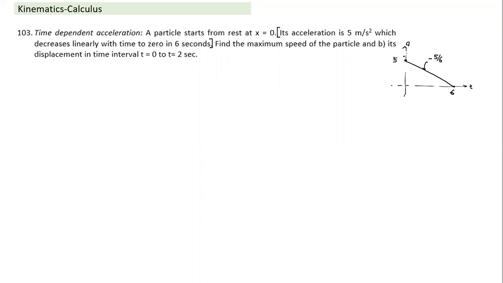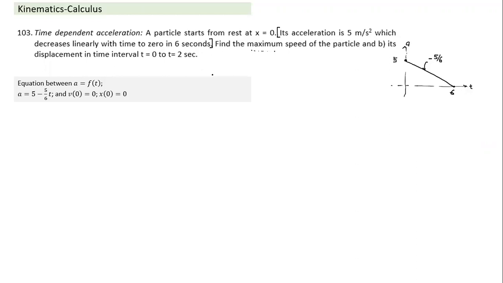Once we have the a-t relationship, if I integrate, I'll get a relationship between v and t. And if I integrate again, I'll get a relationship between x and t. All clear steps? Okay. So now let's solve that. Find the maximum speed. To find maximum speed, I need an expression for velocity. And to find displacement, once we have velocity, we can find displacement. Whenever information is given in the form of words, you should know how to convert it. That was the only point in this question.